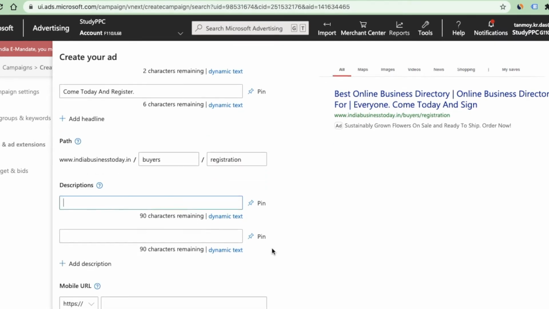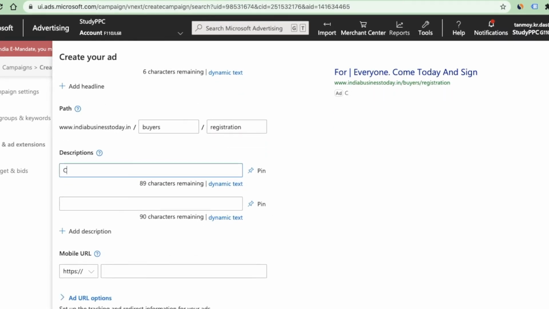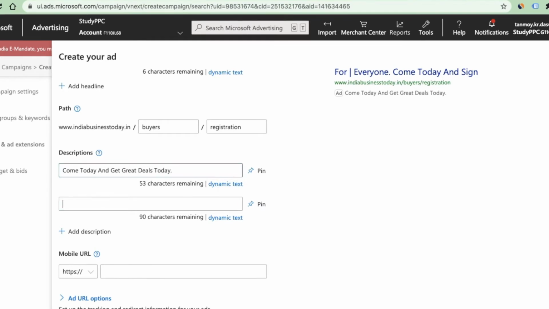And then finally, you can define your descriptions. These are long descriptions, so you will have more space to explain your business.